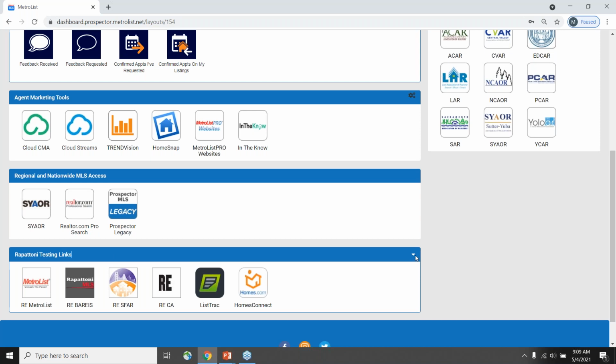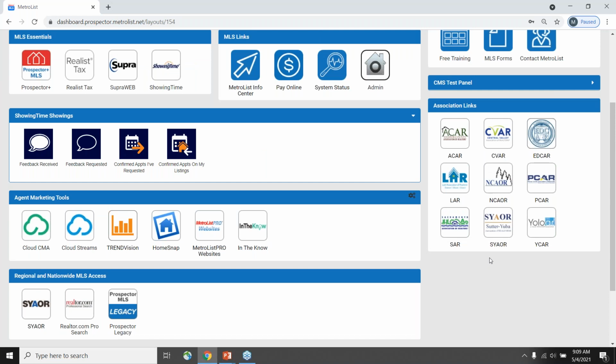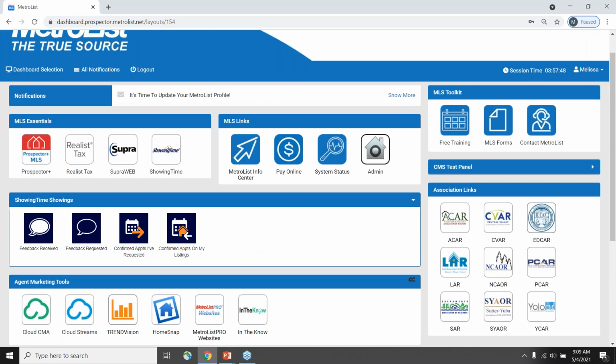Now, I'm an administrator, so if you see some additional links here, you won't, and if you don't see those on your page, again, remember, I'm a system administrator, so you don't have access to those. All right, so let's go ahead. So that's just a quick little tour of your dashboard and all the great tools that you have access to,